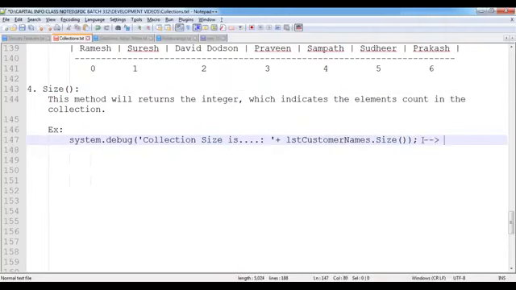In this case, it is returning the output as 7. We have a total of 7 elements available inside my collection. Of course, the index position starts from 0, but the counting always starts from 1. Now,